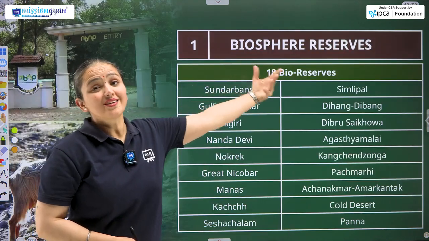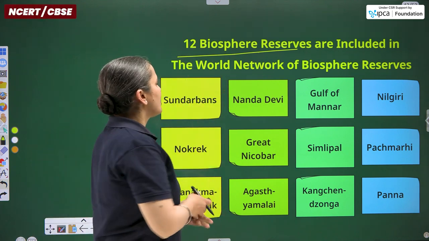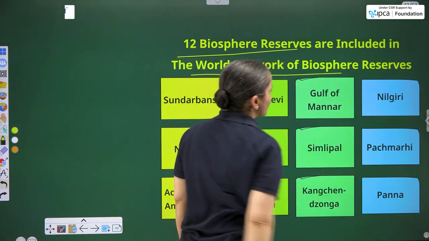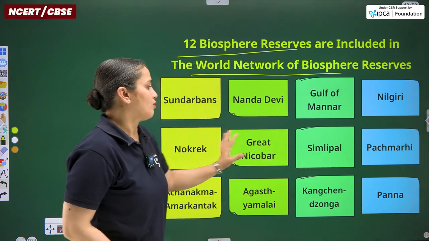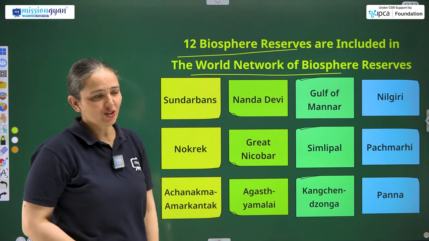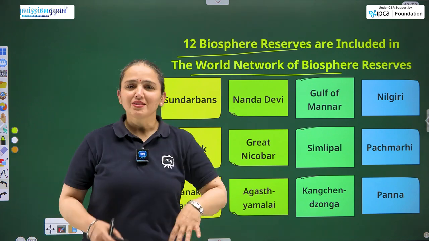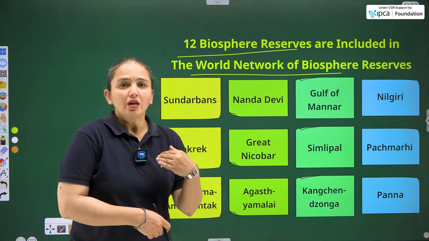So out of these 18 biosphere reserves, 12 are included in the World Network of Biosphere Reserves, and these are the names of 12 of these. So you have to go through them multiple times, actually. More than multiple, it means uncountable times, until you learn their names particularly, because any